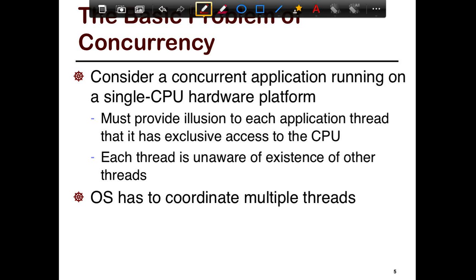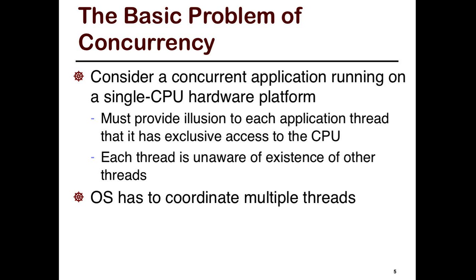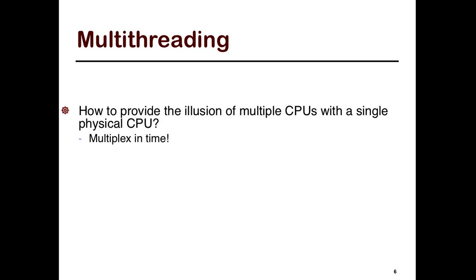The basic problem of concurrency is, to keep things simple, and multi-core systems are just an extension of the single CPU platform, we will talk about single CPU platforms. So from here onwards, throughout this week's segment, all systems we talk about you can think of as having only one CPU. A multiple CPU system just takes these components and replicates them for each CPU. Right. So essentially, what we're going to do is talk about a concurrent application running on